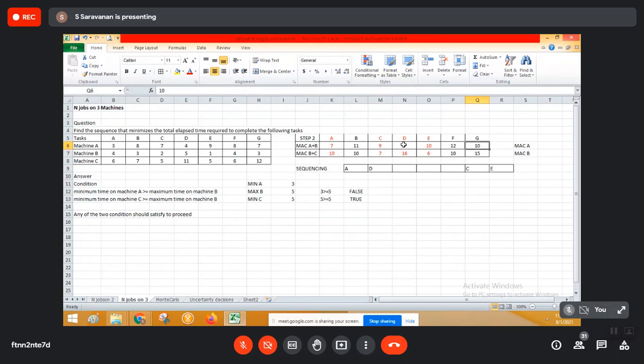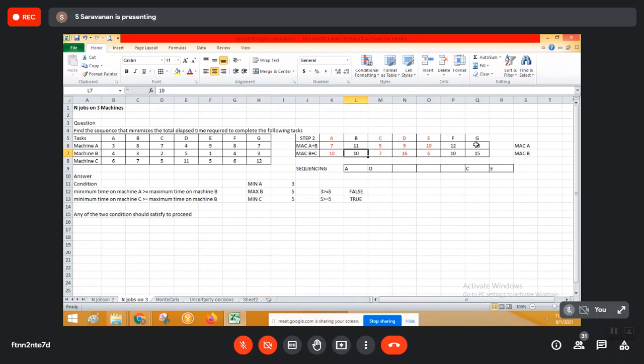Okay, B, F and G is left. Which is the least number among the B, F and G? Now there is a confusion, right? There are 3 tens here, but there is only 1 ten that corresponds to machine A plus B. So what can we use? This here is 110, here is 110 and here is 110. So there is a tie now.